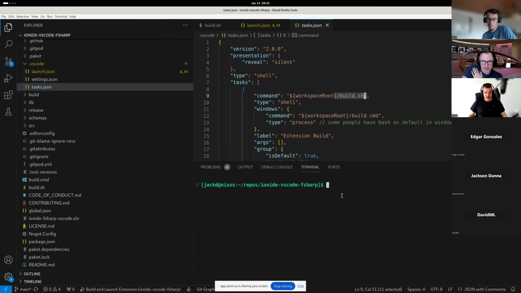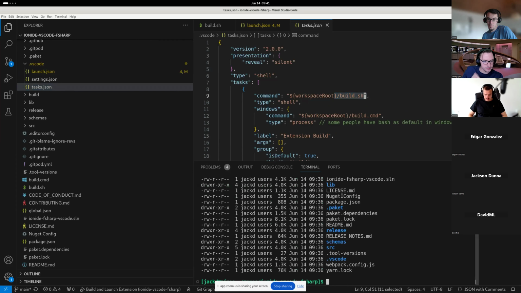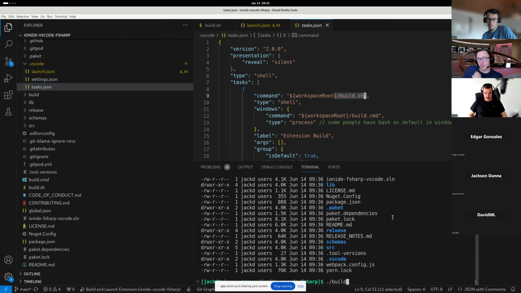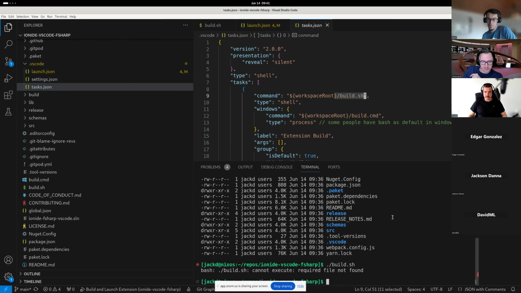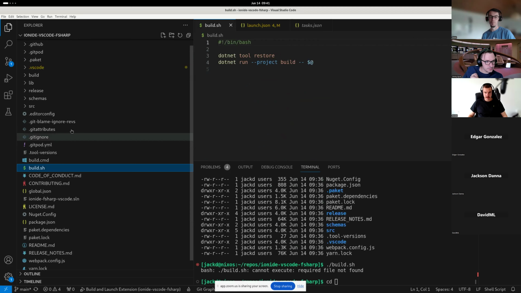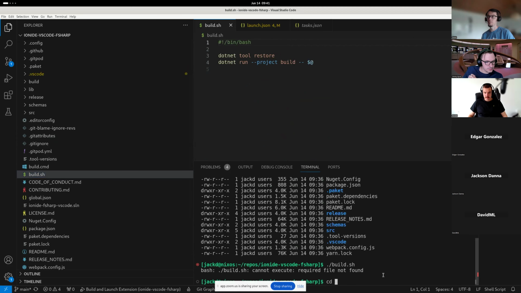I didn't know if there were any additional arguments we need to pass in. And hold on, am I in the right folder here? I should be. It might have trouble finding the output too, so that's going to be the fun part about this. Oh, hold on. Cannot execute, required file not found.